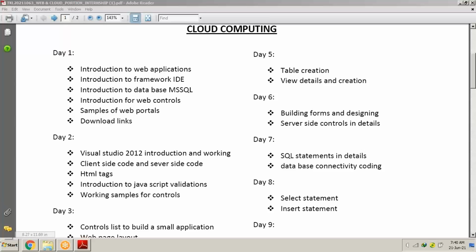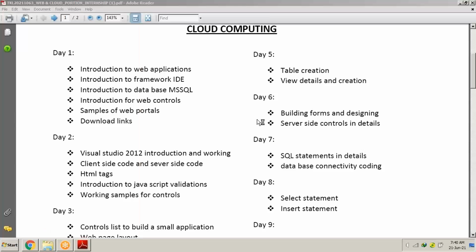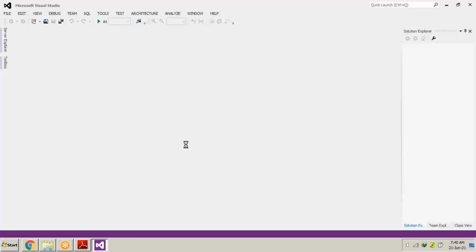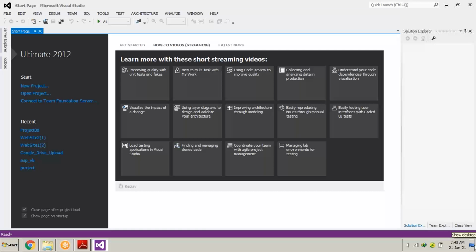So I will be opening the Visual Studio itself. What is the name? Side 1.